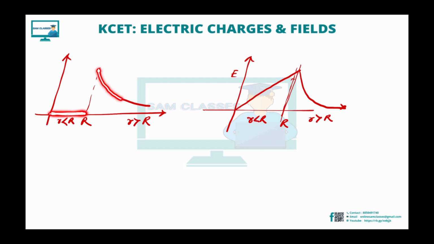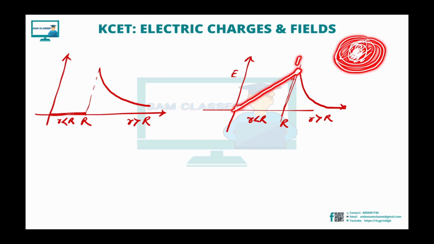So that sums up. The last part is the diagram, the graph. For less than R, it's 0. Again, it starts from the top and starts decreasing as we move forward, as the distance increases. In this case, inside also charges are there. The bigger the circle, the more charge it will contain. So it goes up to the max at the circumference R, and then the more you go outside, it will contain the same charge, but the distance is increasing. That's why the electric field goes down. Okay, that's it, students.